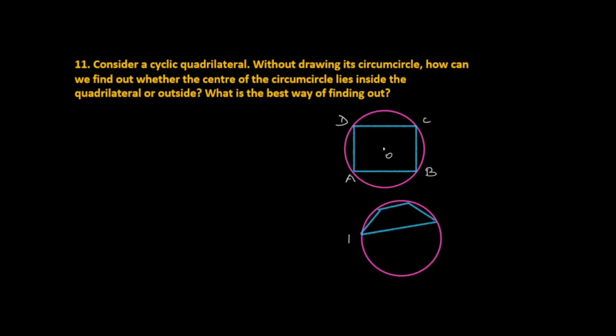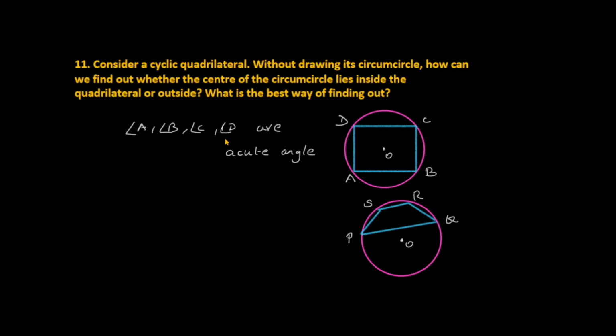Suppose we take PQRS as a cyclic quadrilateral, here the center is outside of the quadrilateral. So without drawing the circumference, how to find it? If all four angles in a quadrilateral are acute angles,